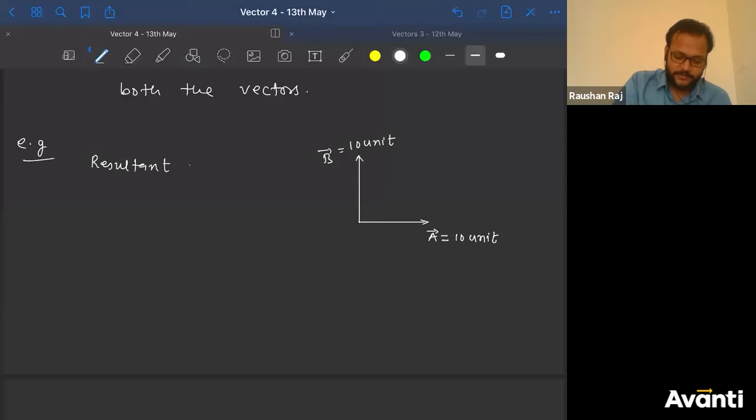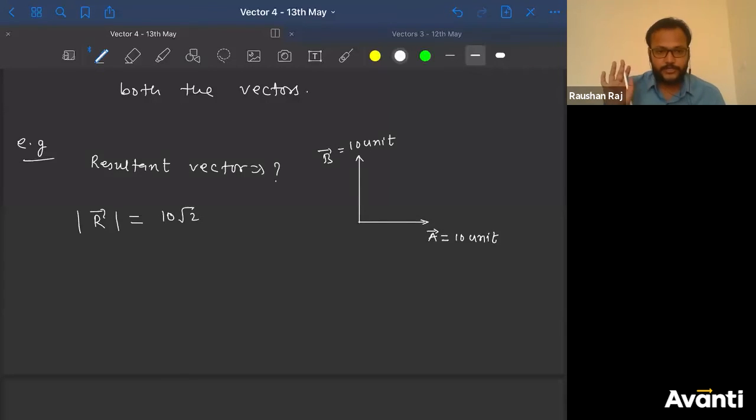So what will be the resultant vector, उसको हमें क्या करना है, रिप्रेजेंट करना है. So can I say that modulus of r vector will be what, square root 200, or I can say that 10 square root 2. पहला तो ये हो जाएगा, राइट. 10 root 2 will be the magnitude. Now आगे क्या करेंगे सर?